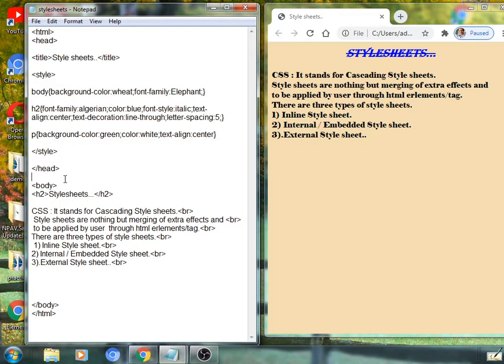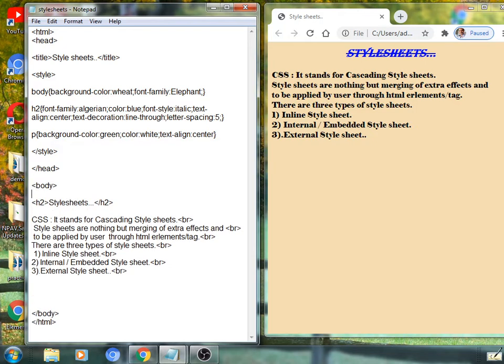So in style sheets, the characters of this word will be separated by 5 pixels. Every character from here will be separated. See here, save this, refresh here, like this. Style sheets, it is possible.